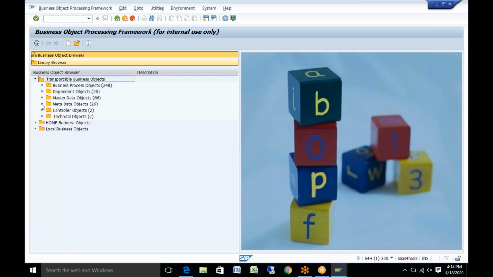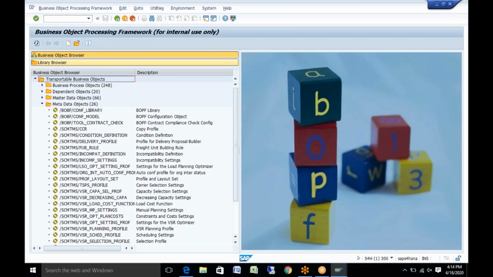The third part is a metadata object. So what is a metadata object? Metadata objects mean things like freight unit building rule, planning profile, all this information are metadata objects. So basically in this business object, you can navigate through the different types of other components which do not belong to the other objects. For example, if it's a freight unit building rule: incompatibility, capacity selection settings, profile selection settings, etc. Okay. So for example, if I click on freight unit building rule,